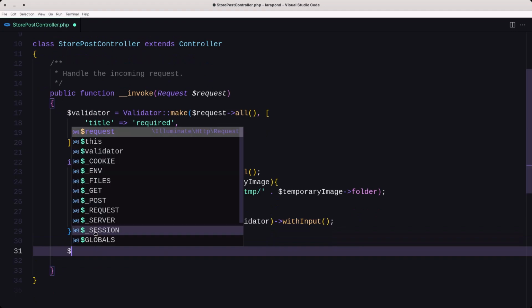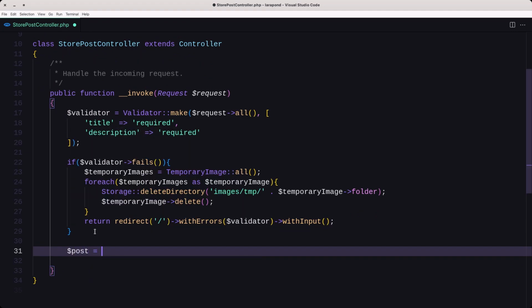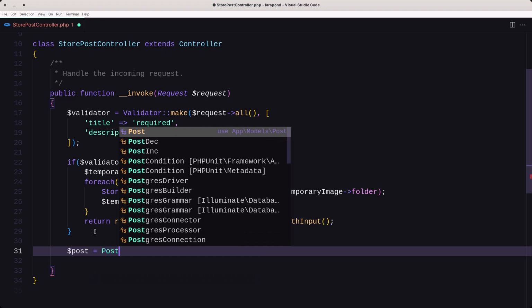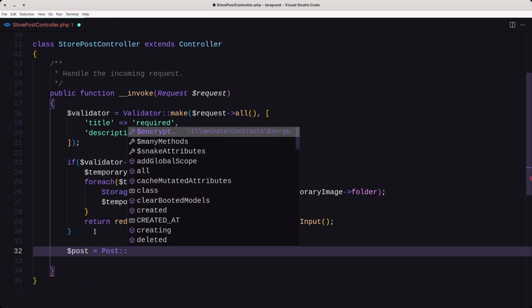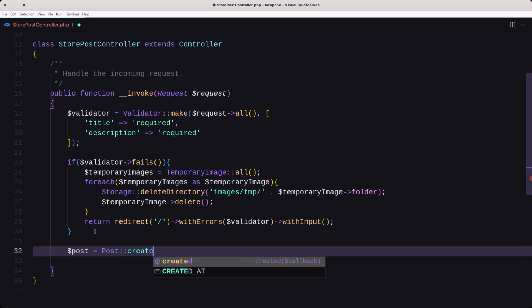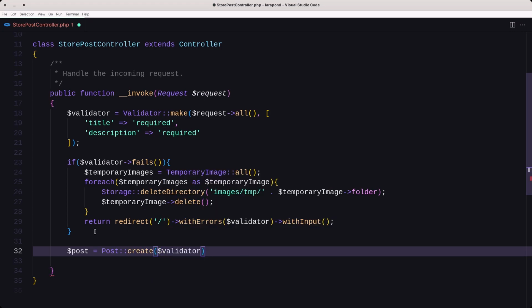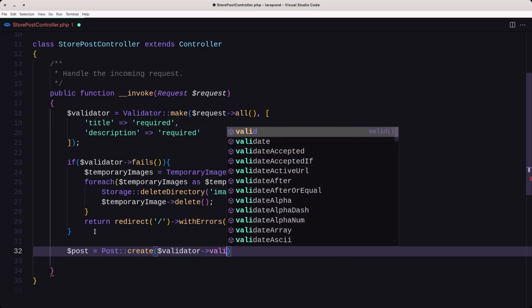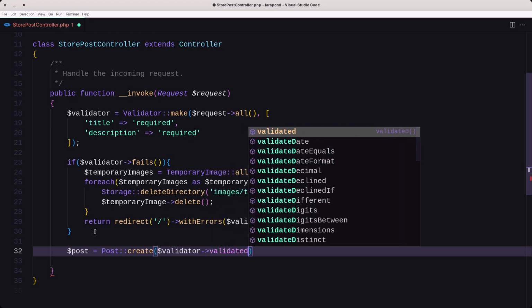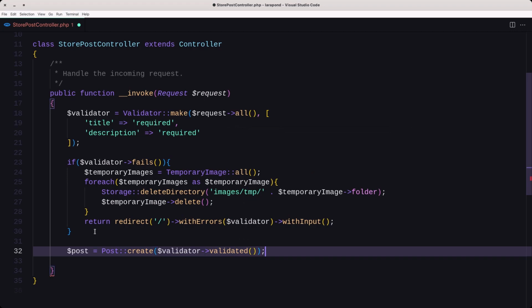Okay, now I'm going to store the post. I'm going to say $post to be equal with Post create, and pass here the validator validated, like this, so the title and the description. And then